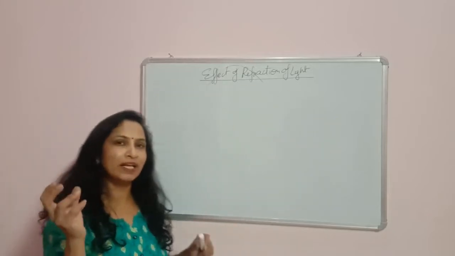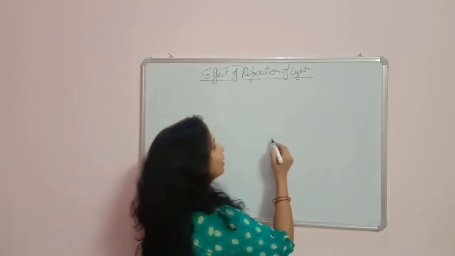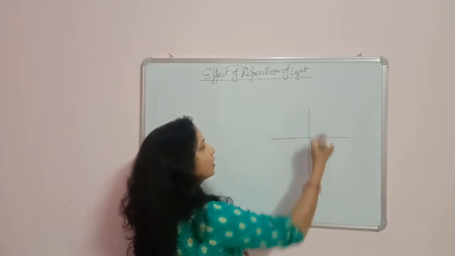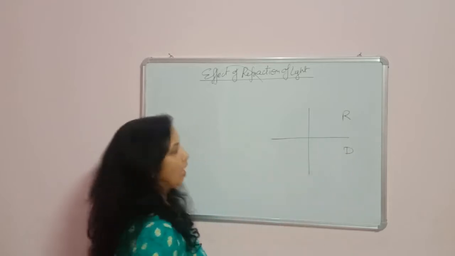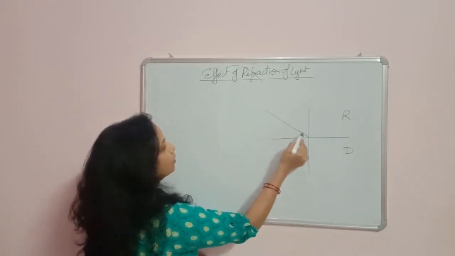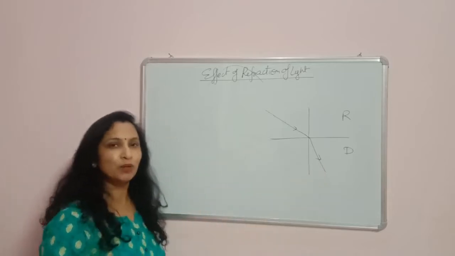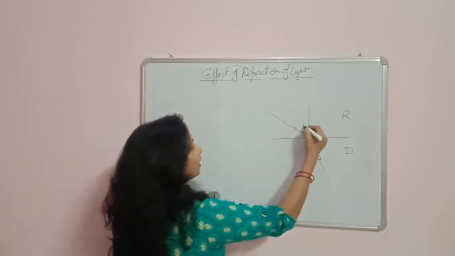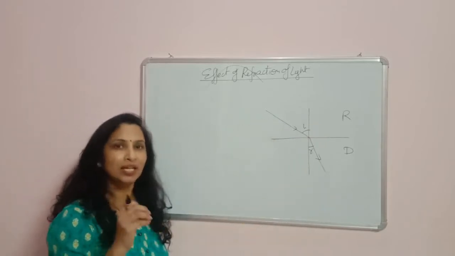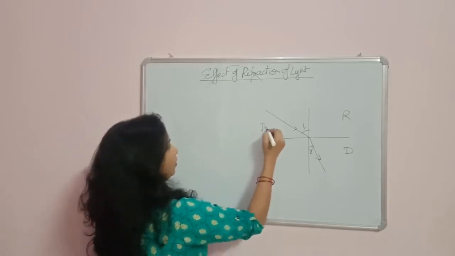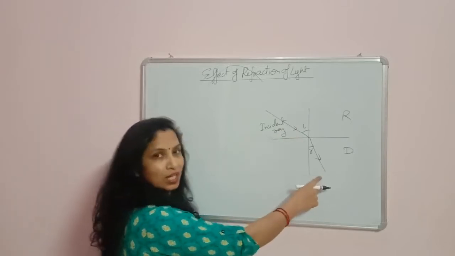If you are going to explain the laws, or write the laws, first of all draw the diagram for the refraction. So you will say this is the rare medium, this is the denser medium, and suppose the light passes from the rare into the denser medium. We know that it will bend towards the normal like this. This is called the angle of incidence, this is called the angle of refraction. And what is the name of this ray? This is called the incident ray, and this is called the refracted ray.